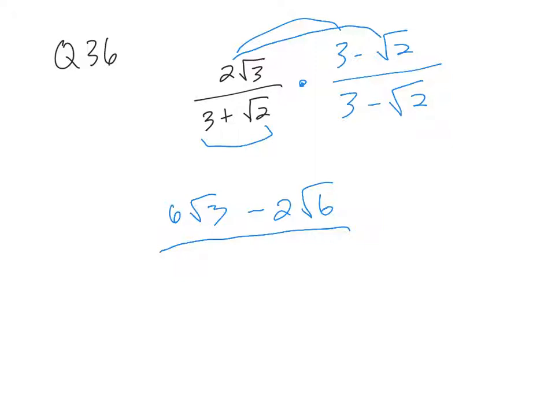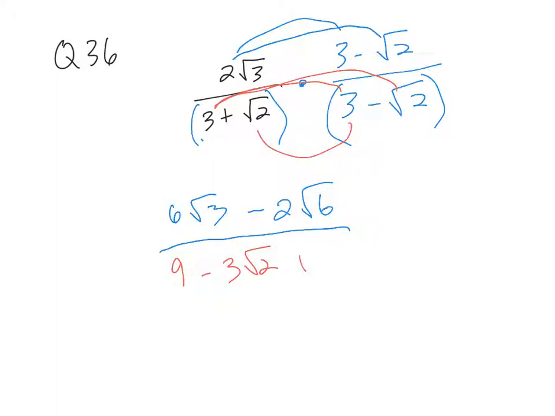This time we're going to multiply by the conjugate, and what's going to happen is your middle term will cancel out when you FOIL. So remember, our FOIL is first, so multiplying the first numbers. 3 times 3 is 9. Outer, 3 times the negative square root of 2. So we're going to have negative 3 times the square root of 2. Inner, so that's plus 3 times the square root of 2. And then the last